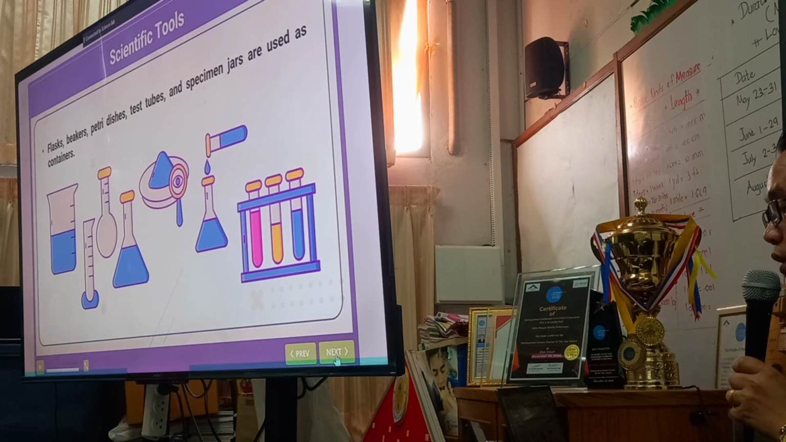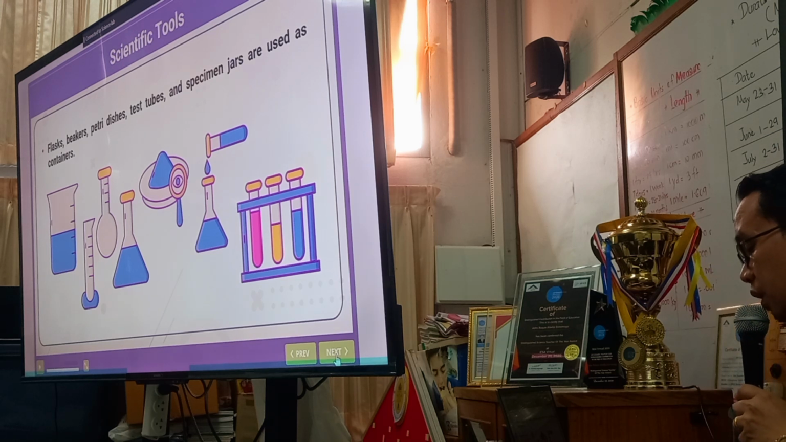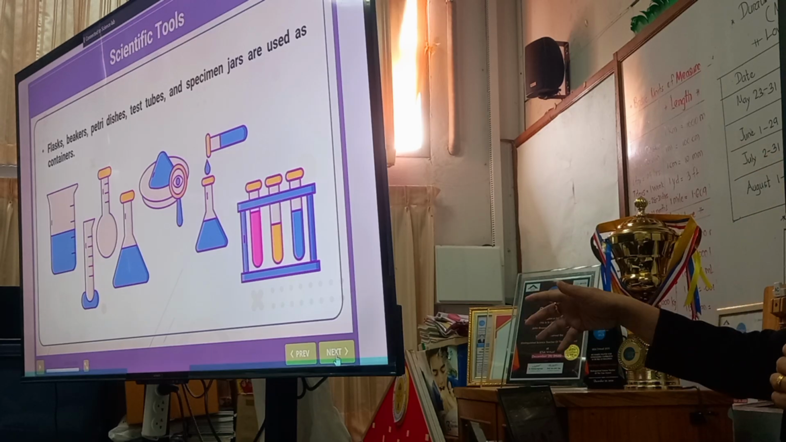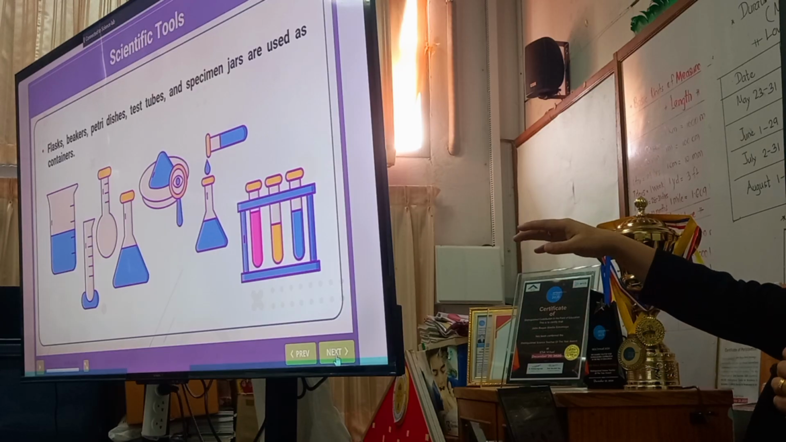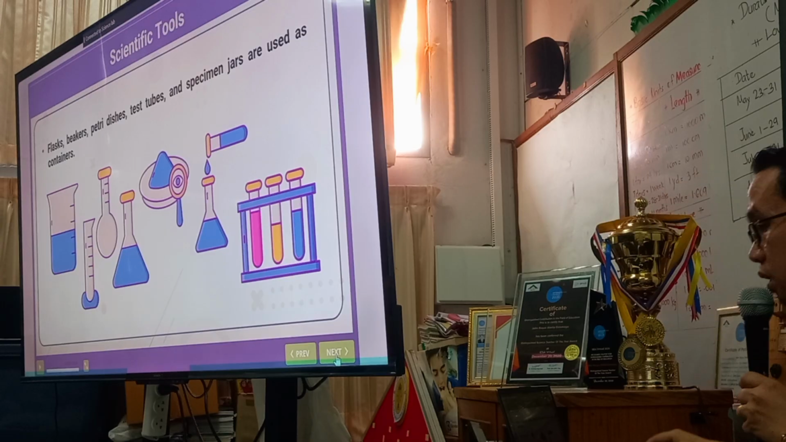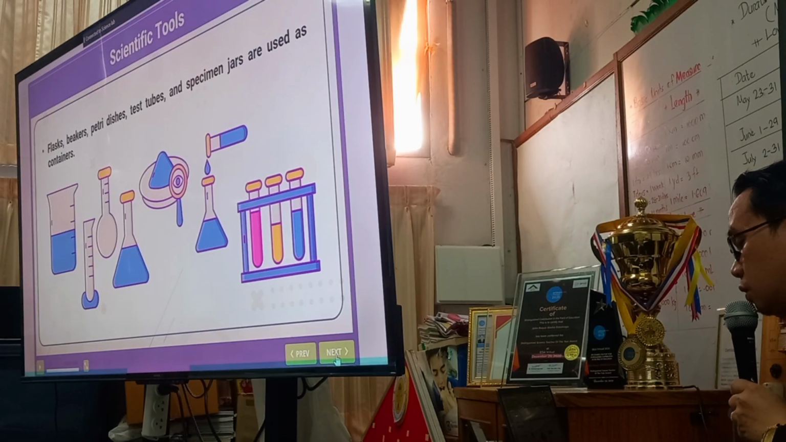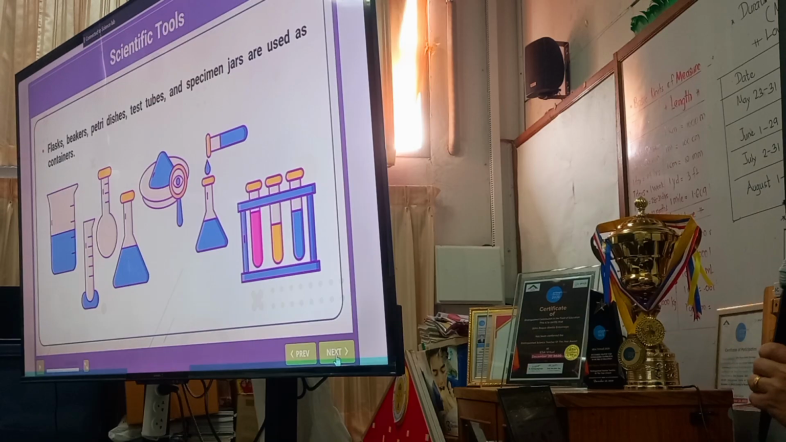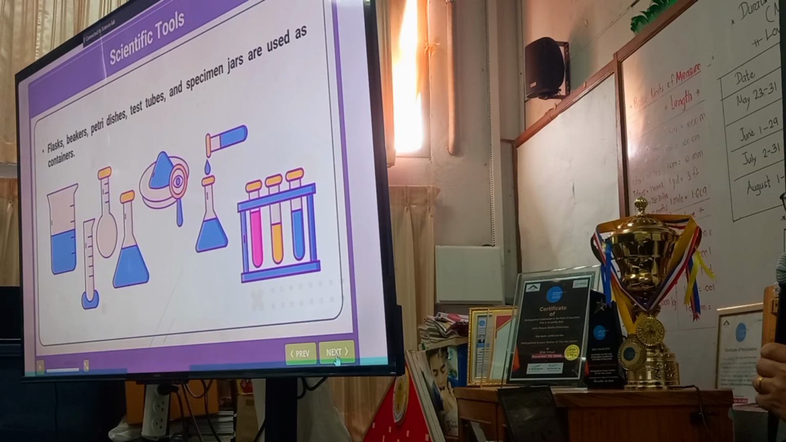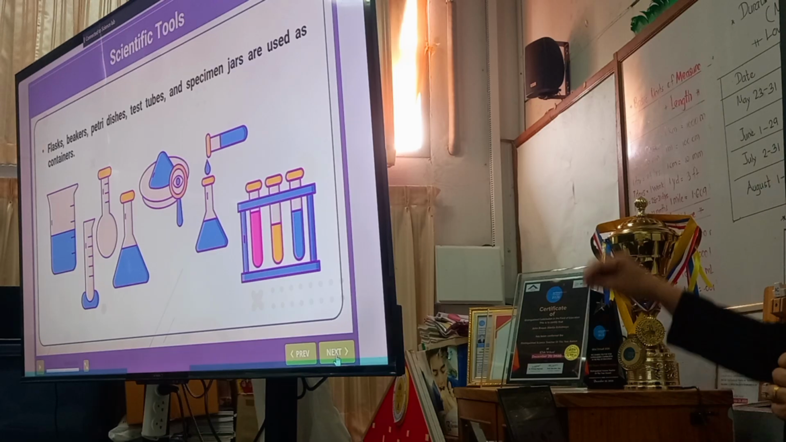Flasks, beakers, petri dishes, test tubes, and specimen jars are used as containers. Anyway, I already explained this to you. Did I show you my pre-recorded video before? By next week, before we proceed with our discussion. So test tubes and specimen jars are used as containers to hold a volume of liquid. If we need water as part of our solution, or any liquid solutions, we can contain those things